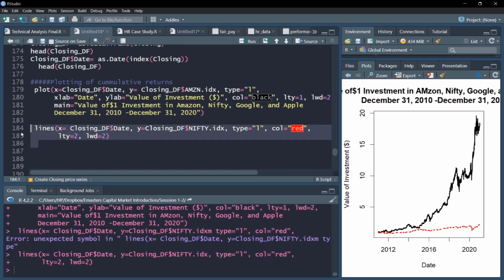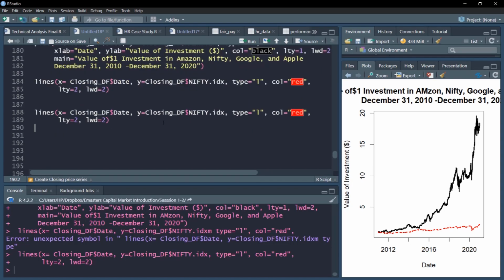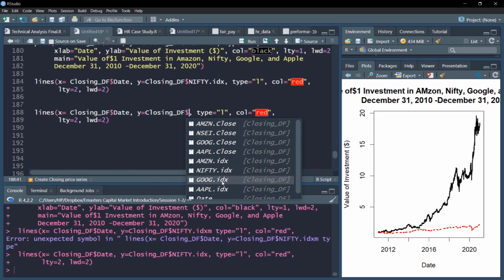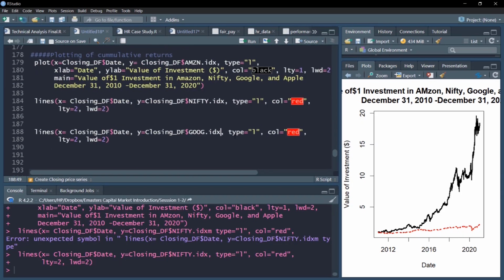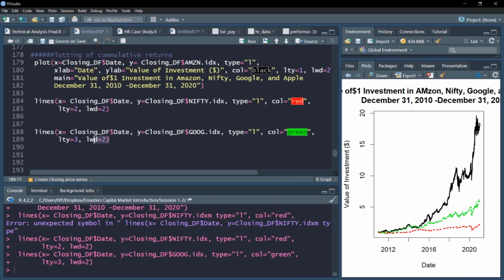Next we'll also add some other indices. For example, in addition to Nifty, we'll add the Google index, and we'll change the color for Google to maybe green. Let's see if we can add green, and line type again, 3.